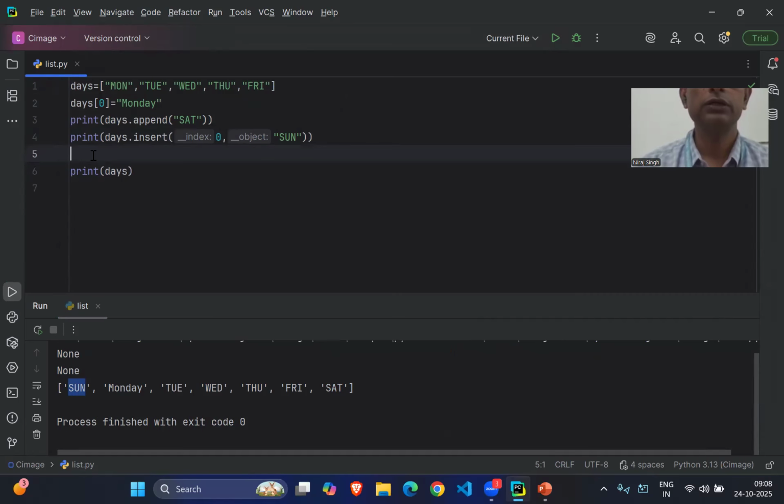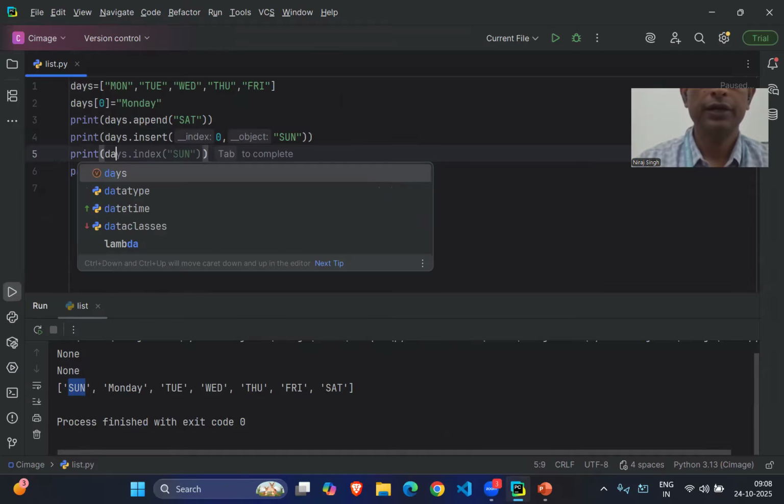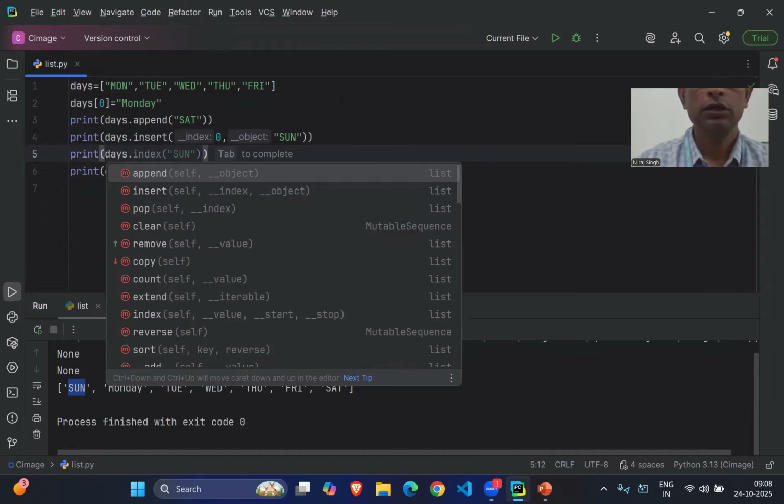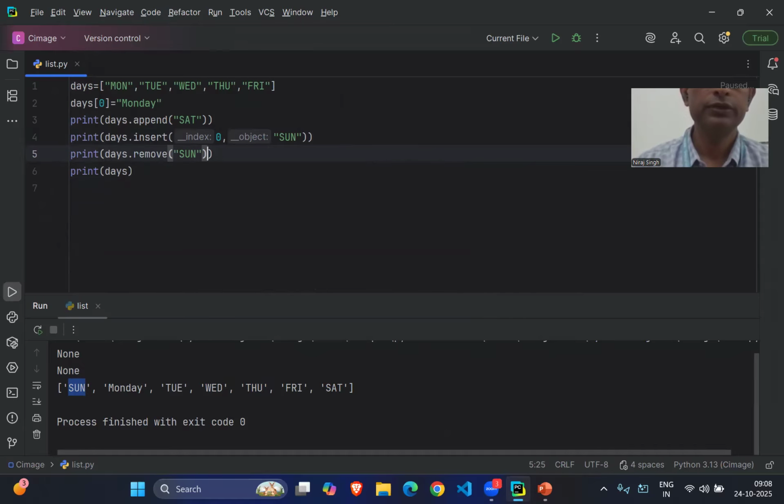Now we will perform the delete operation. Here we write print days dot remove. I just want to remove the first element, index zero, that is Sunday. Now you can check by running: you can find I have removed the specified element which I mentioned.